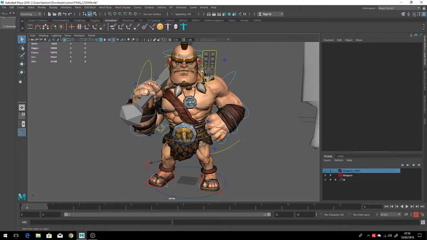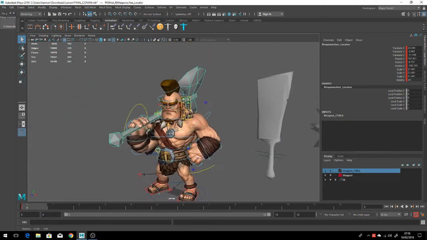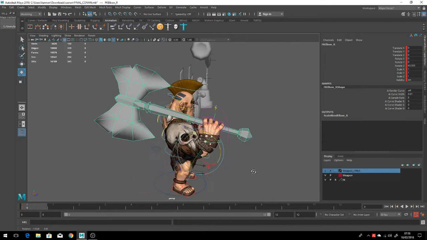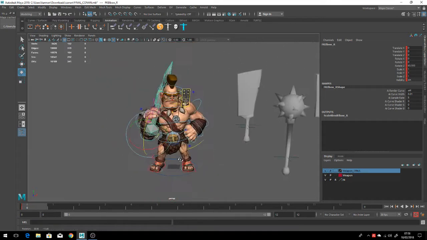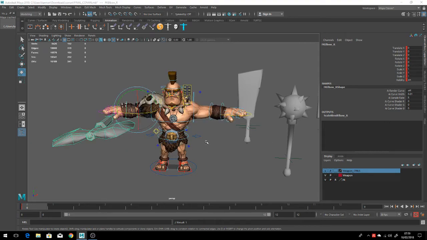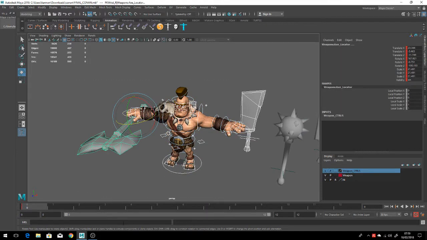Okay, so this is the common parenting that we did, straightforward parenting to the arm, to the hand, where the hand drives the weapon. Now what we're going to do is reset this character. I'm going to go to clean, yes, and then pose, reset. So everything is reset, and just in case I'm going to choose everything and delete this